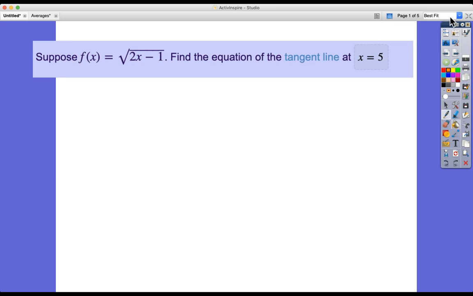Hello and welcome to another calculus tutorial, which today is going to focus on how to find the equation of the tangent line at a particular point. Now you can see the function that we've got in front of us here is quite a complicated looking one if we're going to be differentiating eventually, because we will be differentiating it,